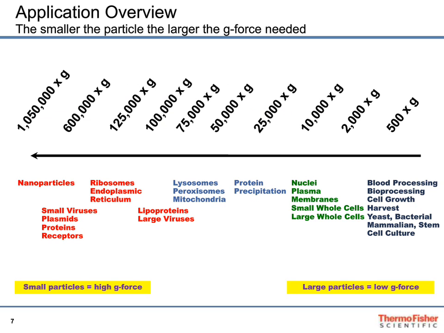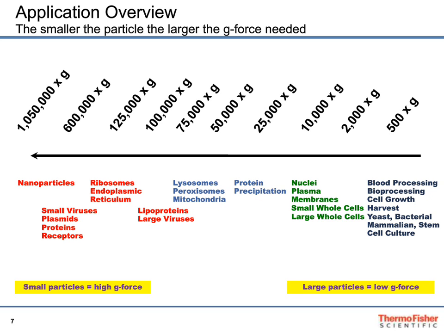And then below it in some color coding here, the idea is of what do you do, and what kind of work can you do at those various ranges. You can see there are applications all the way across this spectrum, which is why we have different types of centrifuges. You can go all the way down to just harvesting cells at low G, where you don't want to damage the cells, so you're being as gentle as you can be, through some subcellular things in the 50,000 and upwards to 100,000 times G, and eventually you're basically trying to separate two molecules with G-force, and for that you do need those high Gs, DNA, RNA,